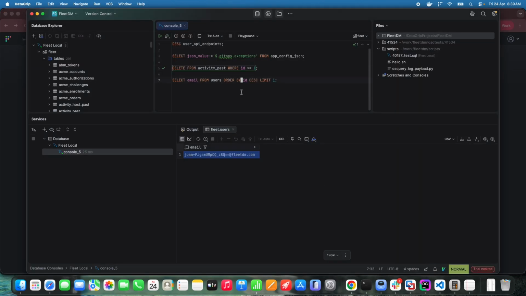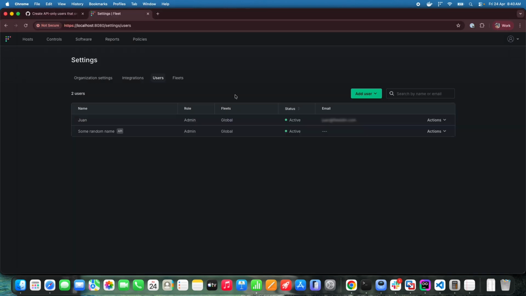If I take a peek at my database, we can see that this is the email of the API-only user. And it follows a really simple rule. We basically take the domain of the login user, and we take the username of the login user and add it as a prefix, and the rest is some random noise, right? So to test this,